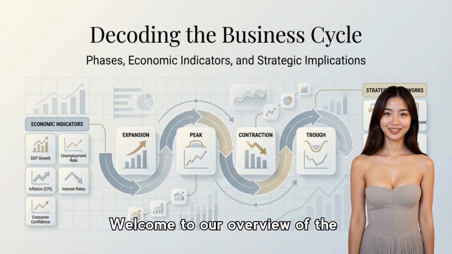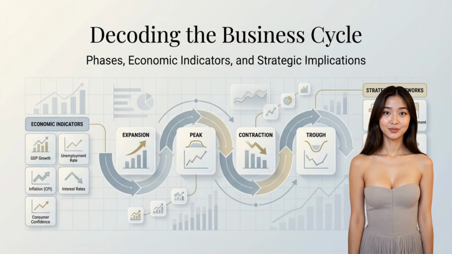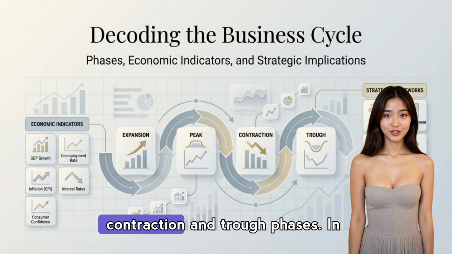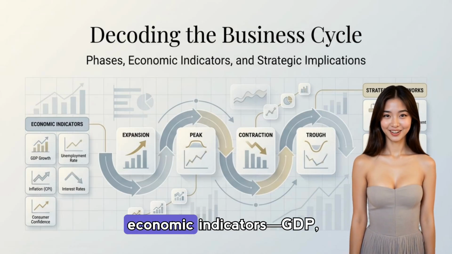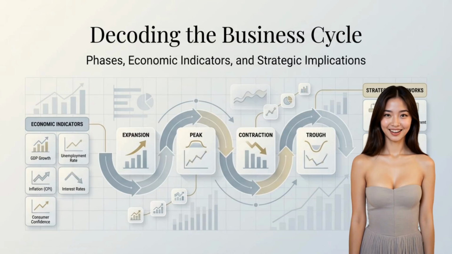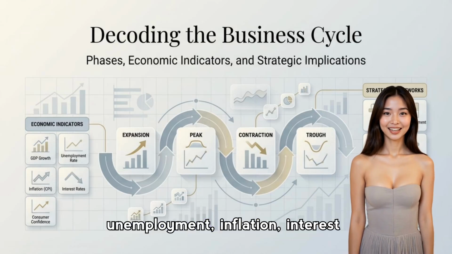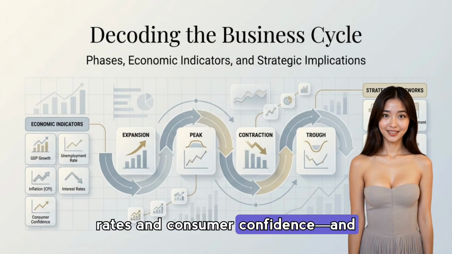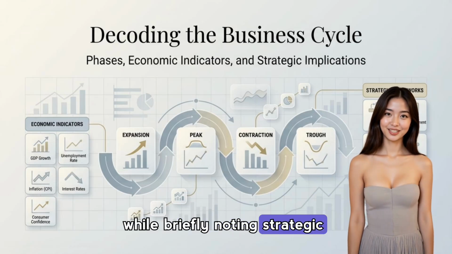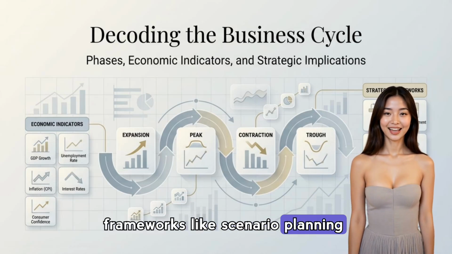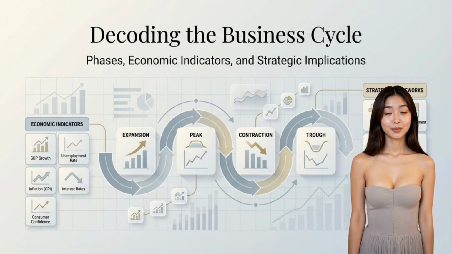Welcome to our overview of the business cycle, where economies move through expansion, peak, contraction, and trough phases. In this slide, we'll touch on the key economic indicators: GDP, unemployment, inflation, interest rates, and consumer confidence, and show how they shift across phases, while briefly noting strategic frameworks like scenario planning and resource allocation that help businesses respond